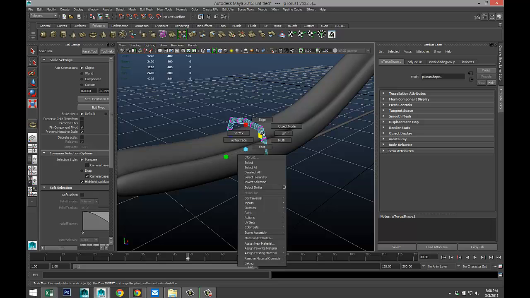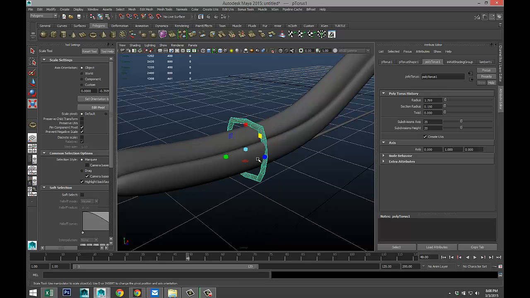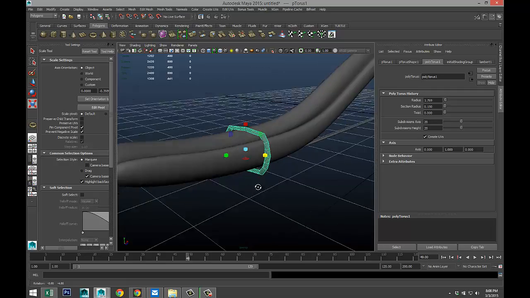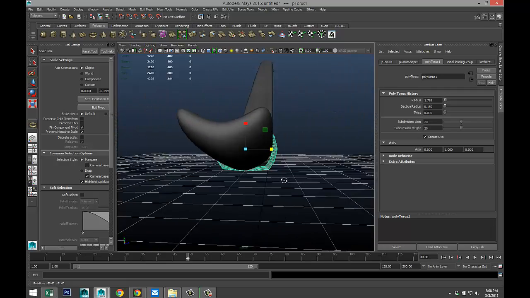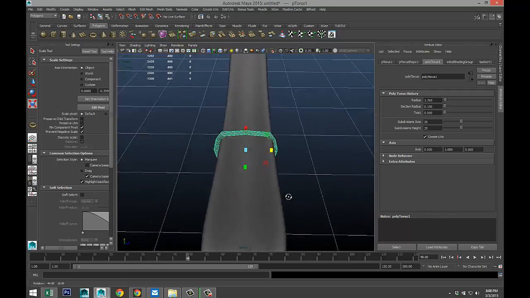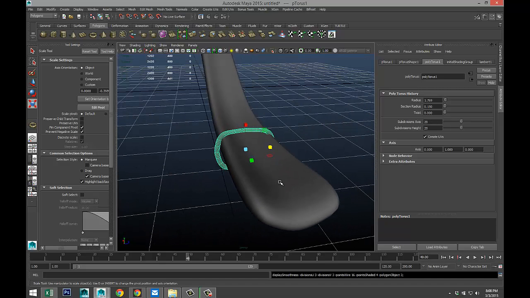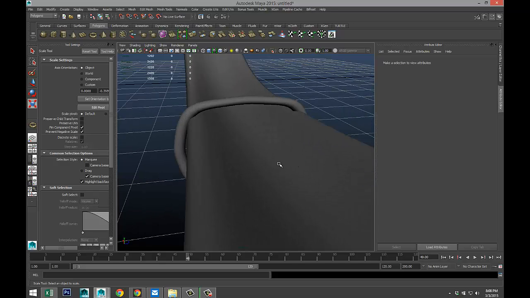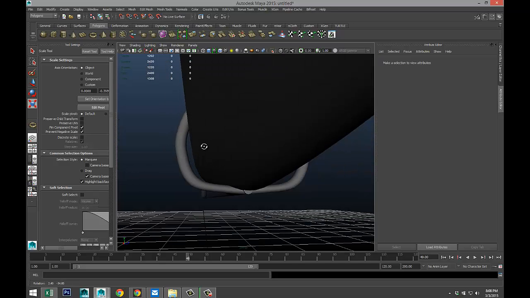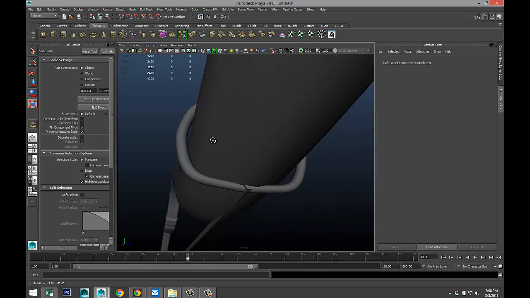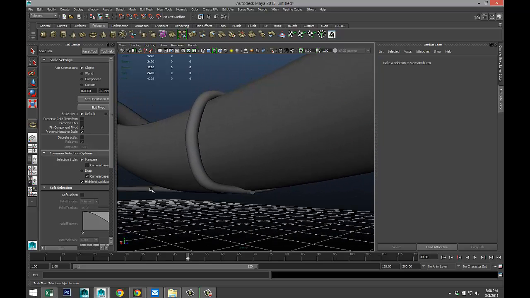Okay, so right click object mode. We're going to hit R. We're going to push that down. Stretch that out just a little bit. And looks like we need to tweak this manually. But first I'm going to hit 3 on my keyboard. Okay, as you can see, we need to push that in somewhat. And this guy needs to come up.